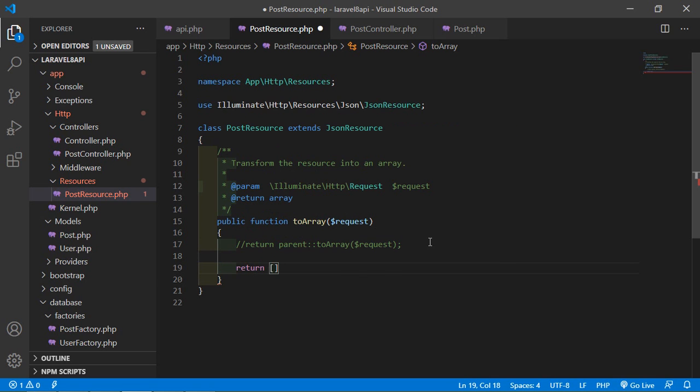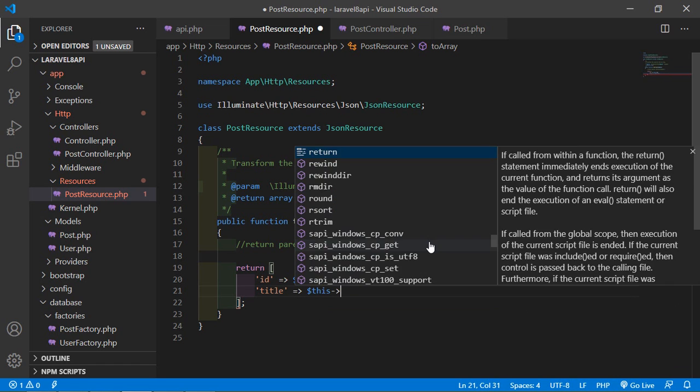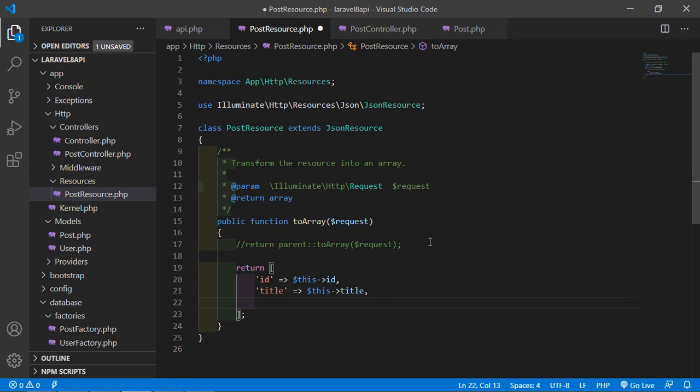I'm just going to return only ID: id arrow this ID, and also the title: title arrow this title, and last one body: body arrow this body.